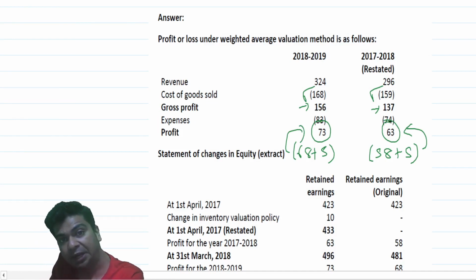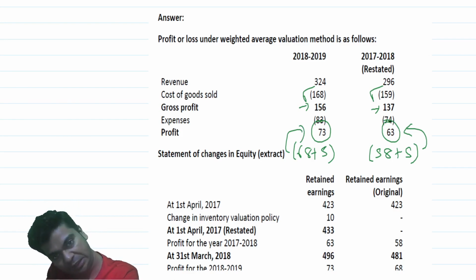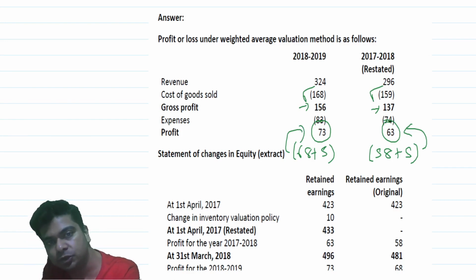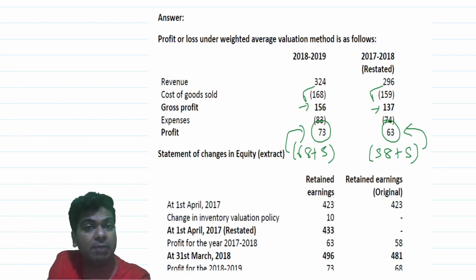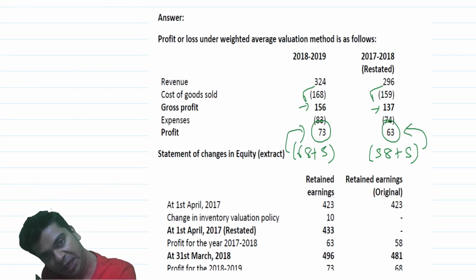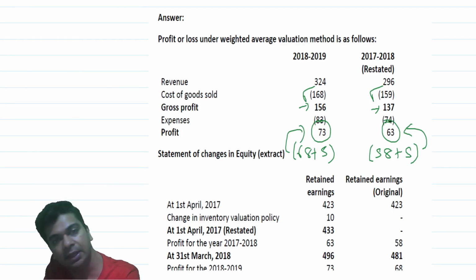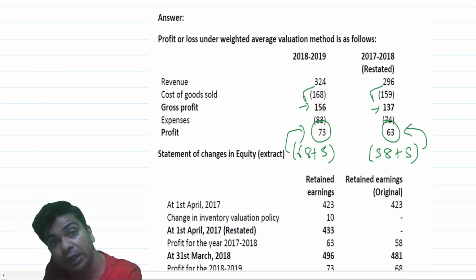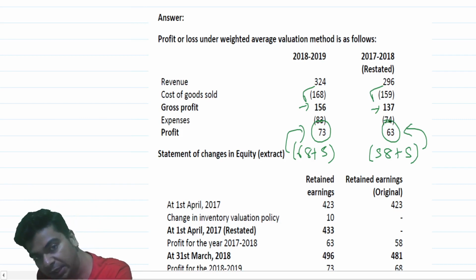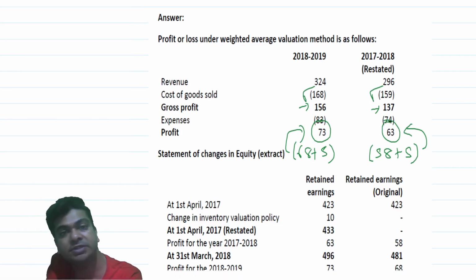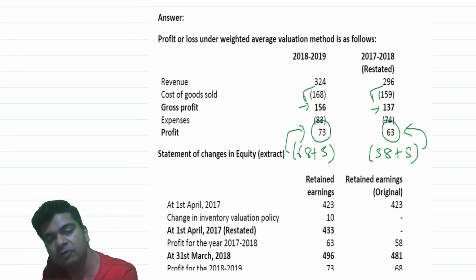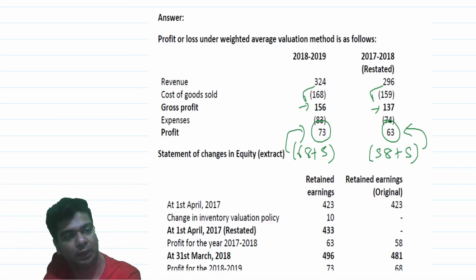So this was the current year capture of the change in the accounting policy and the previous year comparatives. But by 10 million, my opening balance will increase. The year before the preceding year, there the profit is increasing by 10 million. Over there, only closing inventory will increase. Over there, opening inventory will not increase.